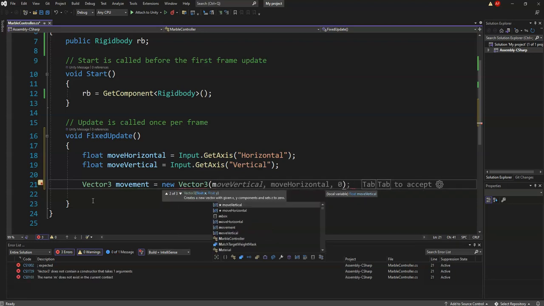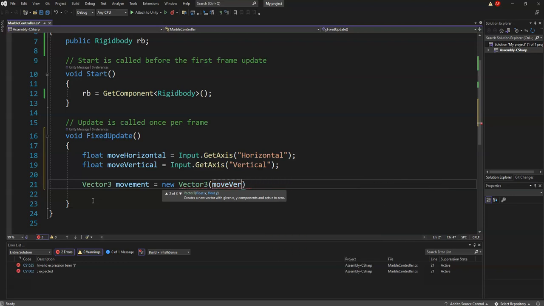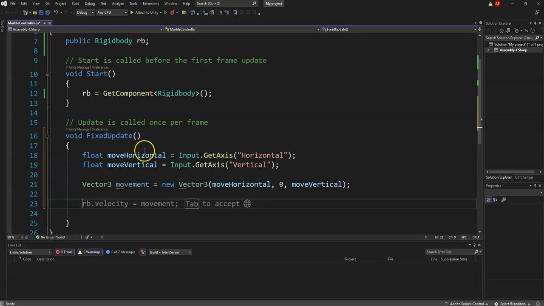Okay, so that part's right. The horizontal should be, sorry, this is messed up. So this should be moveHorizontal first. That's going to be our X movement. Our Y is the vertical. At the moment, we don't have any vertical movement, so I'm going to set that to 0. And then on our Z-axis, which is sort of into the screen, that will be our moveVertical. So I'm going to leave that like that. So what this is doing is summing up these two movements to give us the movement of